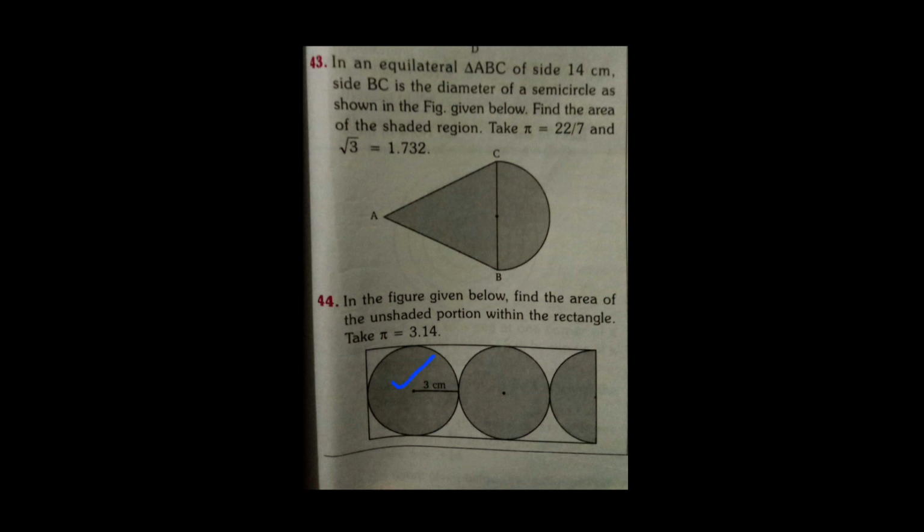Now we have to find the area of this circle, pi r square. So r is 3. These two circles are identical, so if you get the area of this circle and multiply by 2, you will get the area of these 2 circles. Now this semicircle is exactly half of this circle, so if you divide the area of the circle by 2, you will get the area of the semicircle. Next, first add the area of 2 circles and 1 semicircle. Then from the area of the rectangle, subtract that area. You will get the area of the unshaded region.